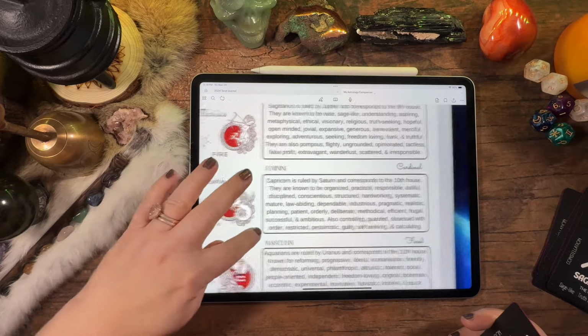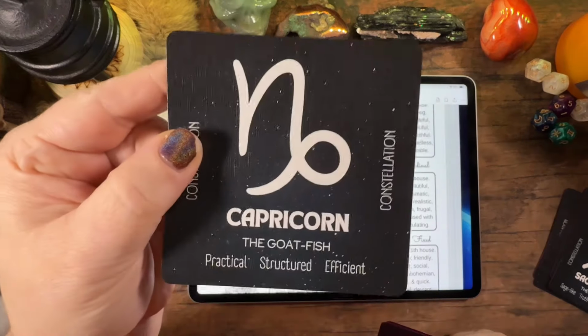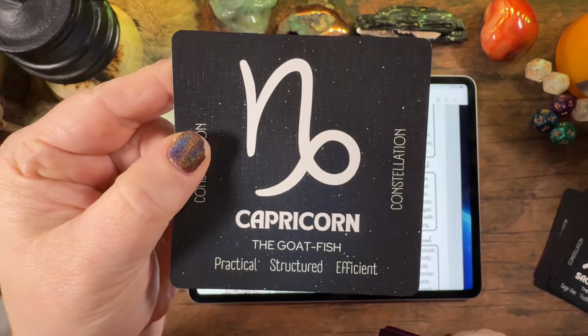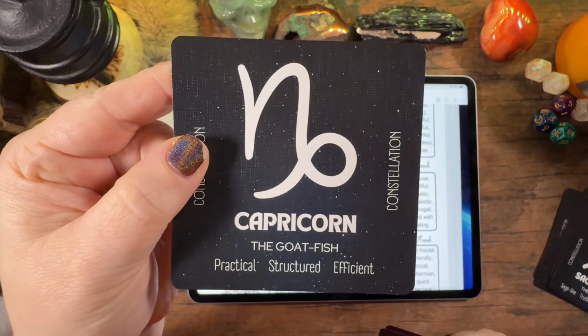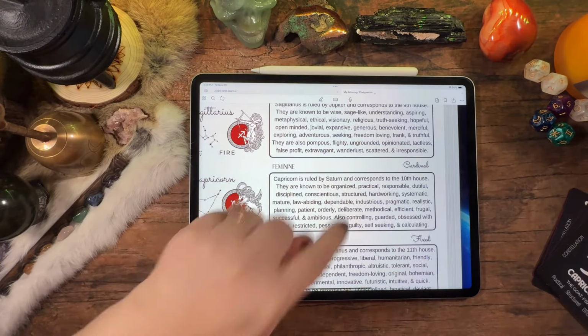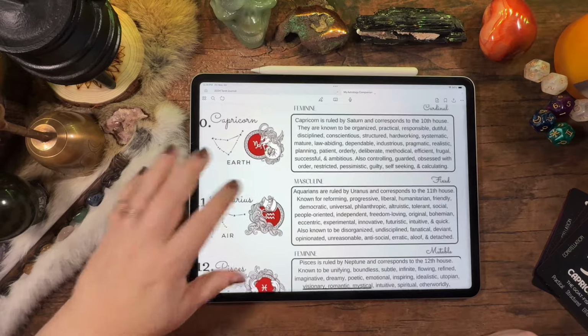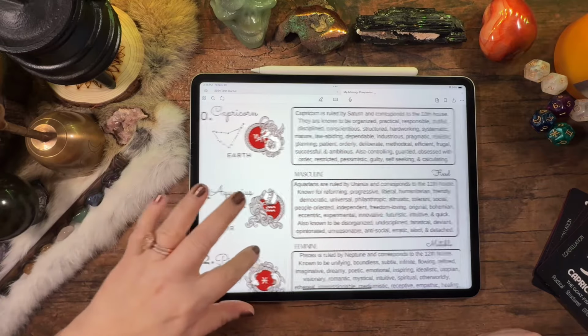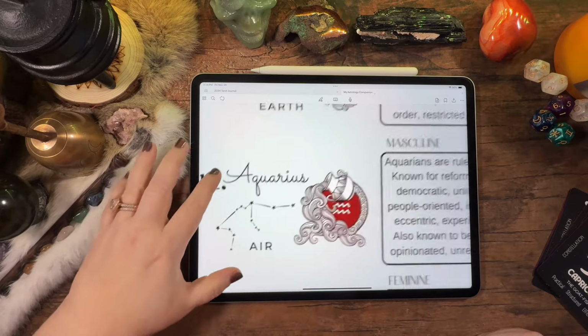So, this is what the symbol looks like. It's the goatfish, practical, structured, efficient. Remember, ruled by Saturn. Traditionally, Aquarius is also ruled by Saturn. So the next one,